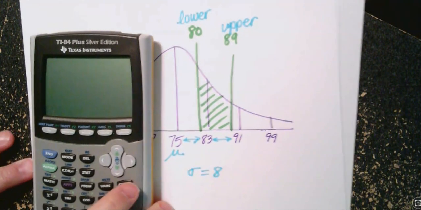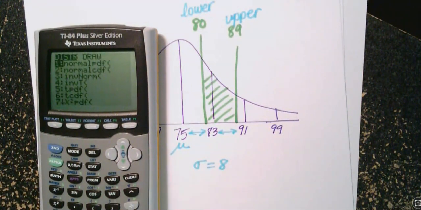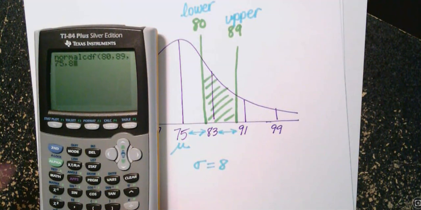So on my calculator, I hit second, it's actually clear. And then I hit second, vars, number 2. So my lower boundary is 80. My upper boundary is 89. This time, remember, we're not going to have to do anything like 9999 or negative 9. We're not going to have to do a really big number or a really small number because it doesn't keep going forever on one side. They gave me very specific parameters, and it's closed on both sides. So just from 80 to 89, and then mu is 75, and then 8 is my standard deviation. And I type that in, and I get